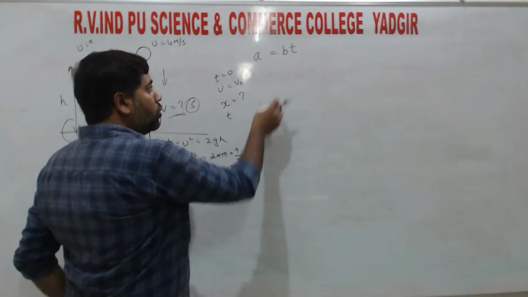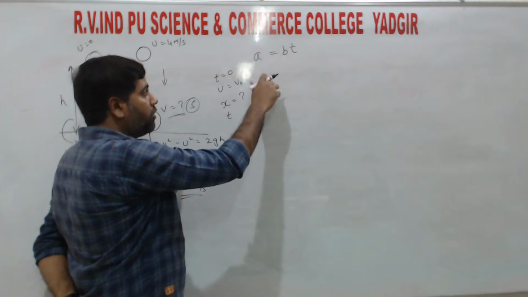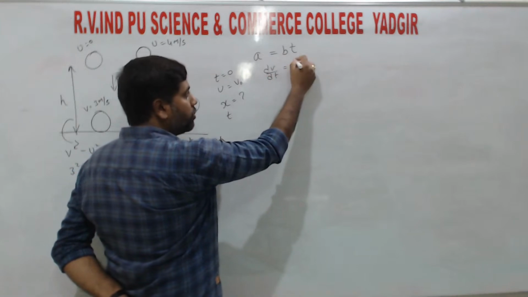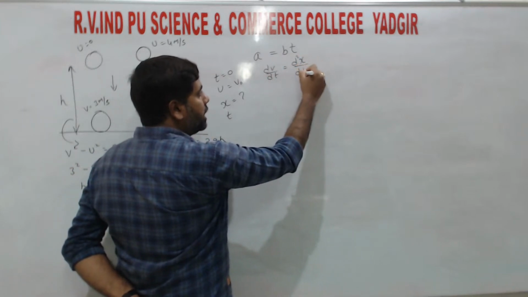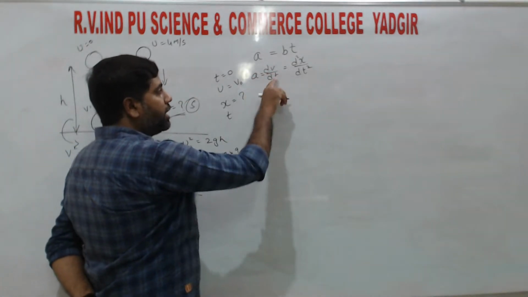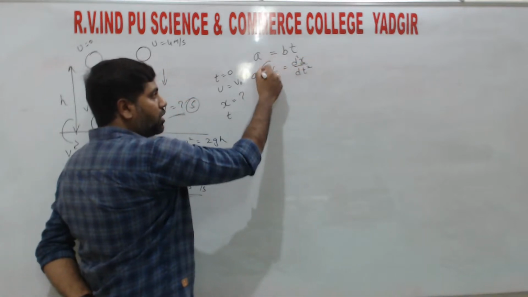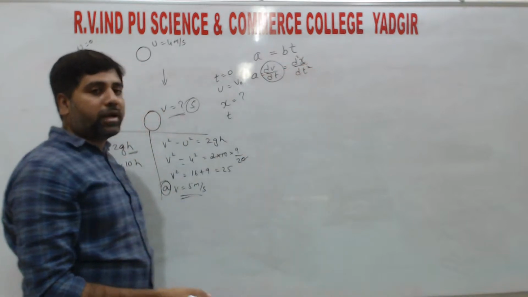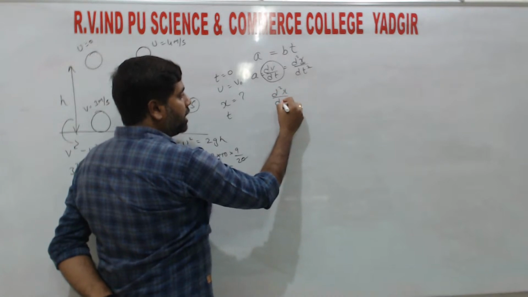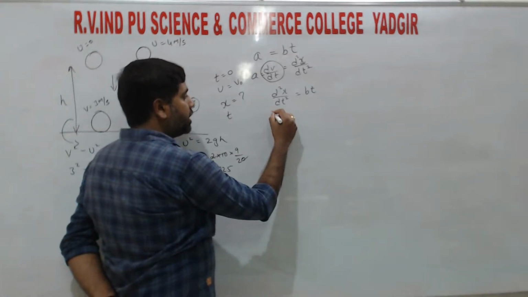So first we need to integrate with respect to time t, so that we get the velocity, right? So acceleration can also be written dv by dt, that also we can write d square x by dt square, where x is the displacement, right? That is a is equals to dv by dt or d square x by dt square. So ನಮಗೆ ಇಲ್ಲಿ x ಬೇಕಾಗಿರೋದ್ರಿಂದ so ಇದನ್ನ ನಾವು ನೆಗ್ಲೆಕ್ಟ್ ಮಾಡ್ಕೊಂಡು a is equals to d square x by dt square ಅಂತ ಬರ್ಕೋಬಹುದು, right? So d square x by dt square, that is equals to b into t, right? So integrate,